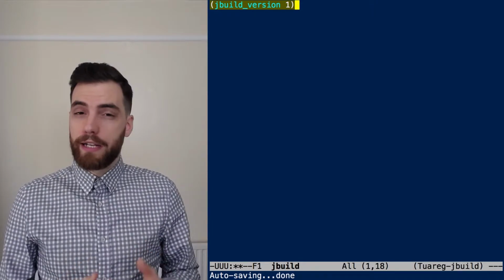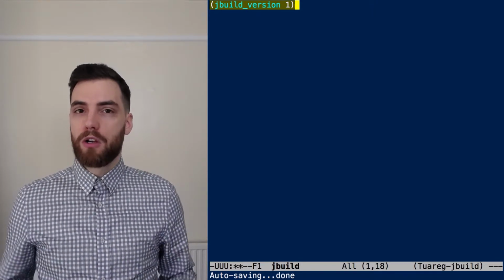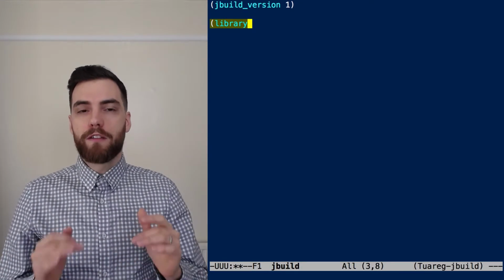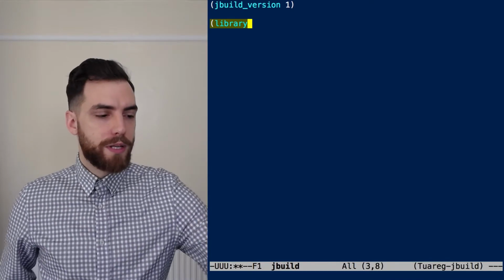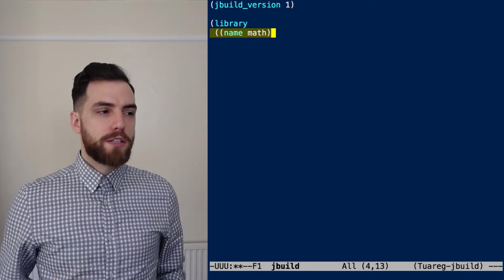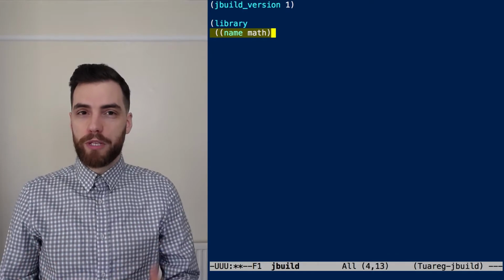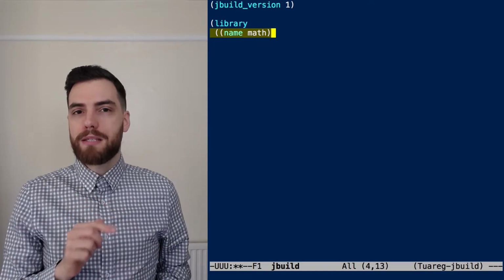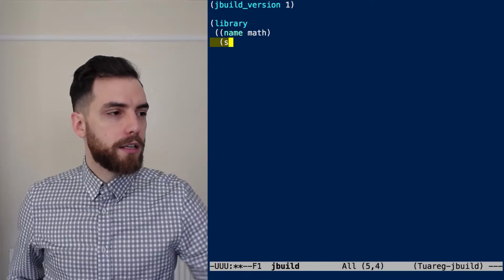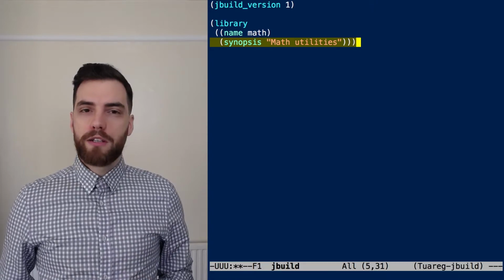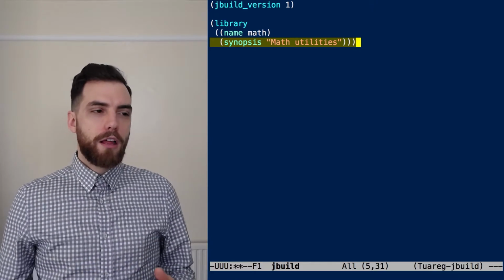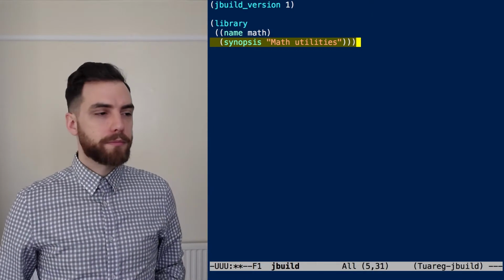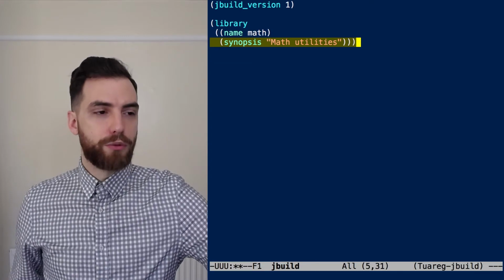Typically in this directory we want to describe a library, so we are going to write a library stanza. What we will put inside this stanza is a list of fields to describe the library. We will start with a name, which essentially gives us how the library has to be used. Typically in ML code that is using this library, we will have to write Math.something. Then we are going to write a one-liner description with a synopsis field. And this description is what we'll get when we ask for what libraries are installed on the system. So that's all we need to do.